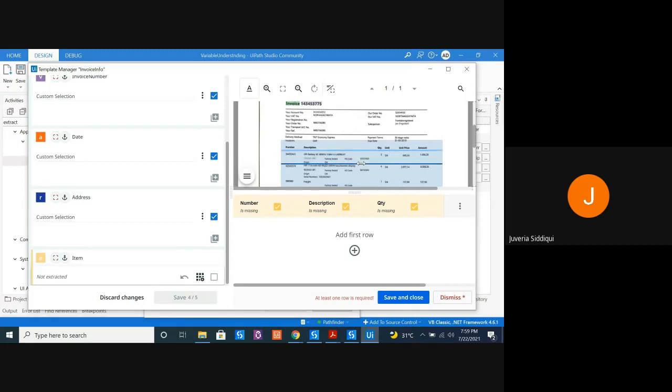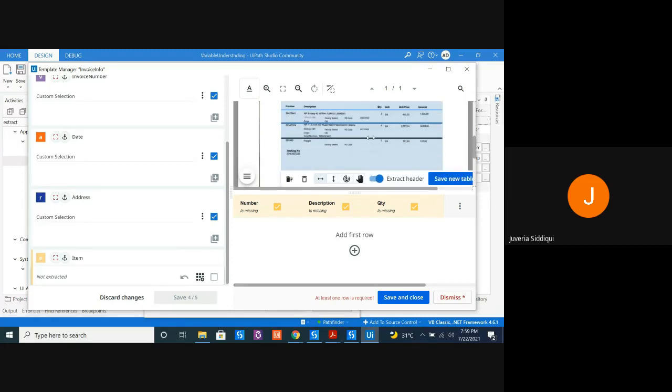Let's quickly mark it again. If it is not getting saved, you have to mark it again because the bot tries to understand your document using this.